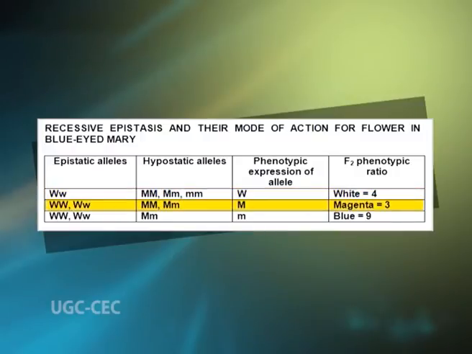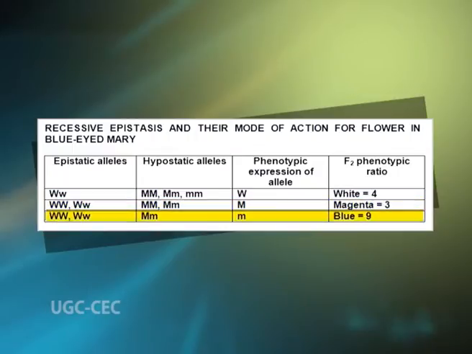In the second row, the epistatic alleles are capital W, capital W, capital W small w. The hypostatic alleles are capital M, capital M, capital M small m. The phenotypic expression is capital M, and in the F2 the phenotypic ratio is 3 and it is represented by